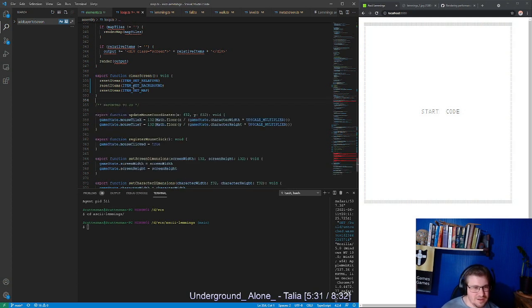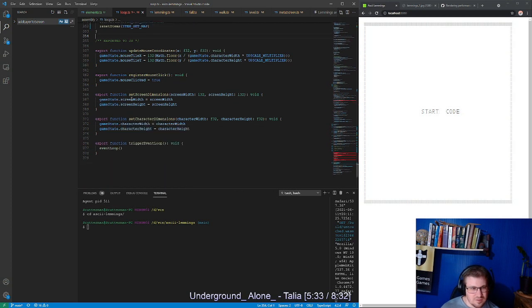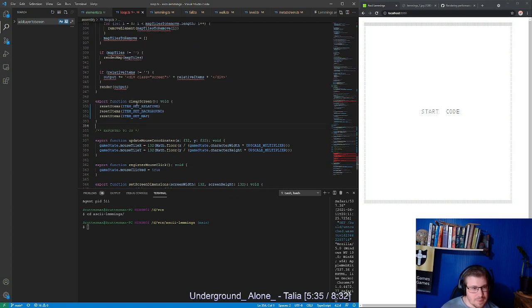Perfect. Where is clear screen used? Nowhere. Okay, so I do need to clear the screen down between levels. Do I? Yeah,